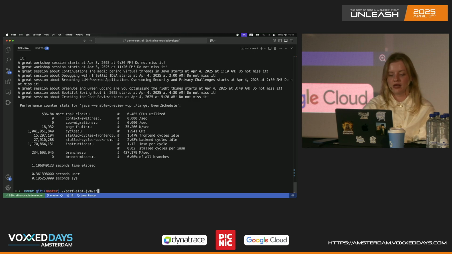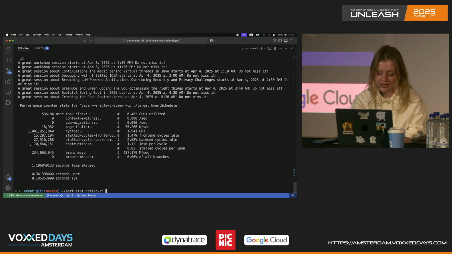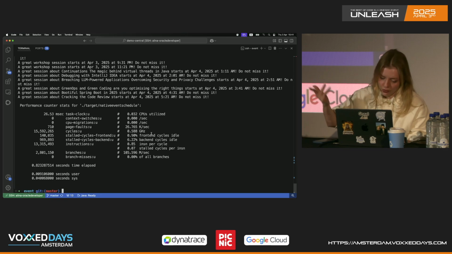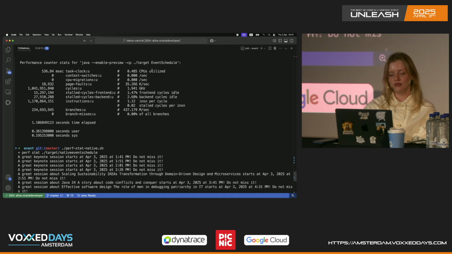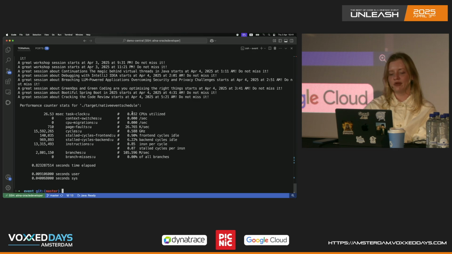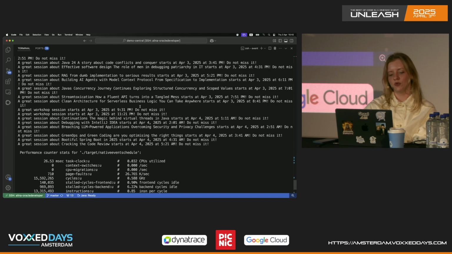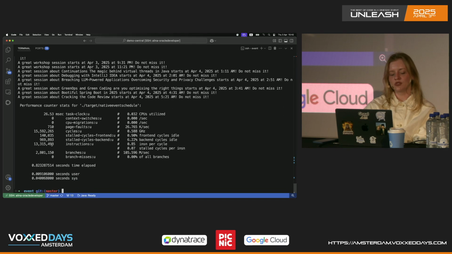Now, if we take for a spin the native image application, which does the same thing, processes the file and outputs the result as a native application: previously we had 48.5% CPU used. Now it went down by an order of magnitude, even a bit more, to just 3% of CPU. And for the instruction count, it was 1.5 billion before. I know those numbers are kind of hard to grasp, but this is around 13 million instructions. The TLDR here, or rather two TLDRs, is that native image uses fewer resources at runtime